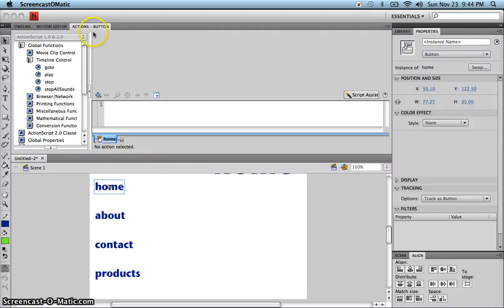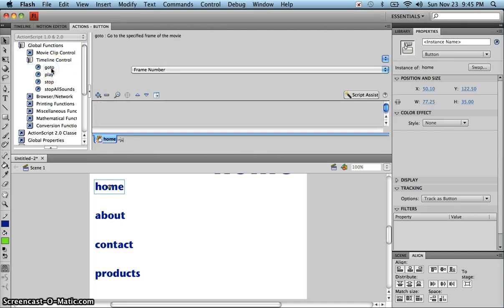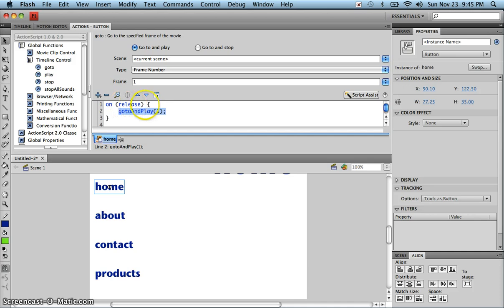Okay, so again, you have the Actions button right here. And then when you click on the Home button, that's what happens. And then under Timeline Control, you're going to double click on Go To, and it's going to pop up with that code right here. Now, because we hit Script Assist, it's going to have a few things up here that